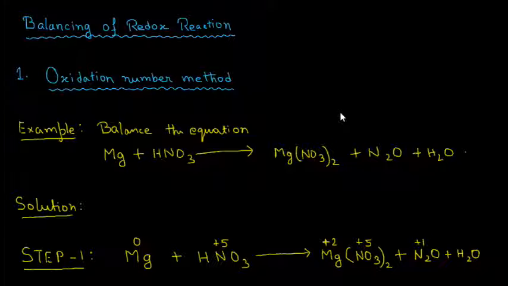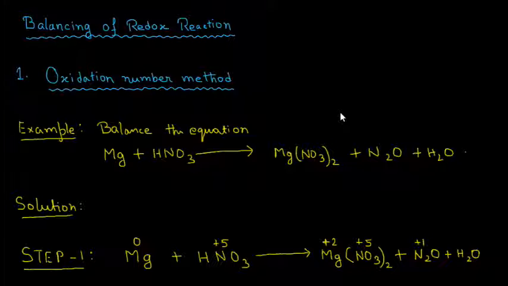Mg plus HNO3 gives Mg(NO3)2 plus N2O plus H2O. We'll balance this equation with the first method, that is the oxidation number method. There are a few steps, please follow them. In step 1, we write the equation and put the relative oxidation number